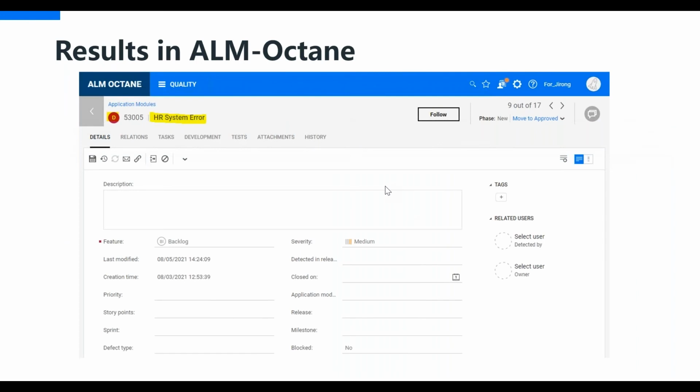And here is the result in ALM Octane. Once the bug is created in ppm, now you can see the same bug created in ALM Octane with the same description that I mentioned earlier, since those are mapped, and all the field values will be copied over from the bug to the defect based on the field mapping.